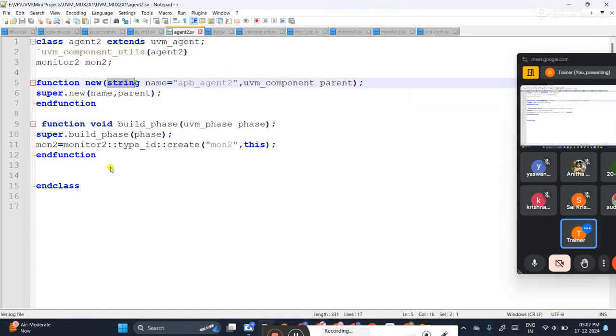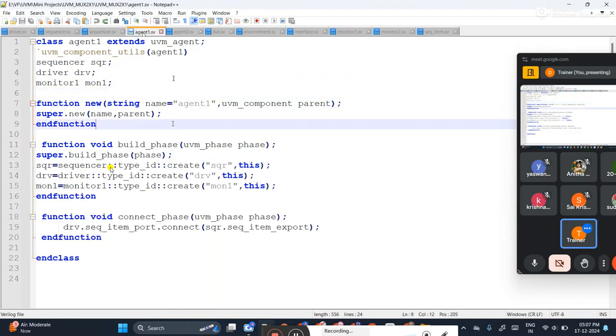The first is string name, your class name. String name in the double quotes. If you are interested, you write your class name; if you are not interested, you can remove that. String name is also okay, or string name equal to the name of your class, that is also fine. That is your first argument.